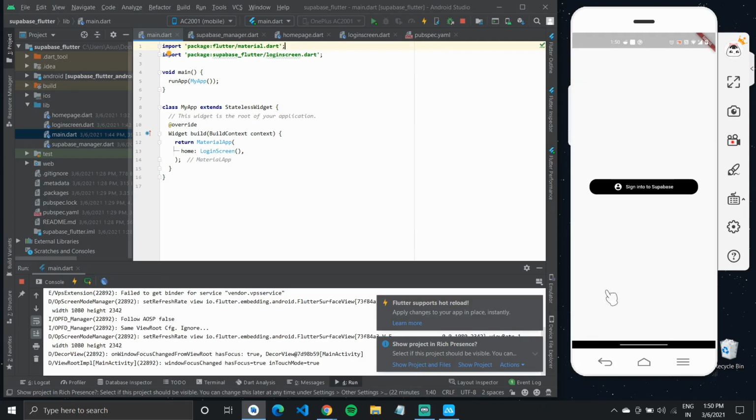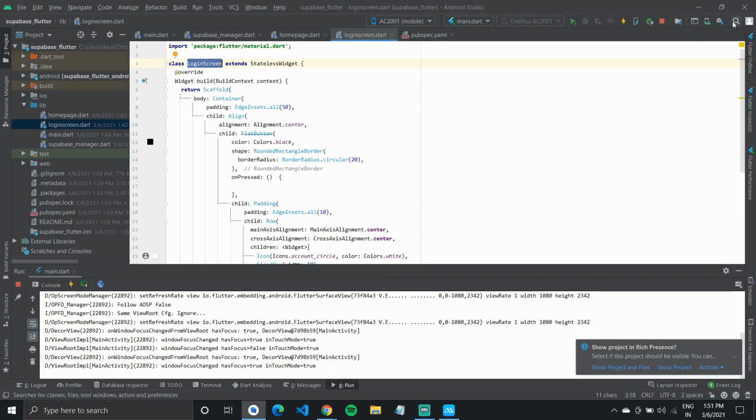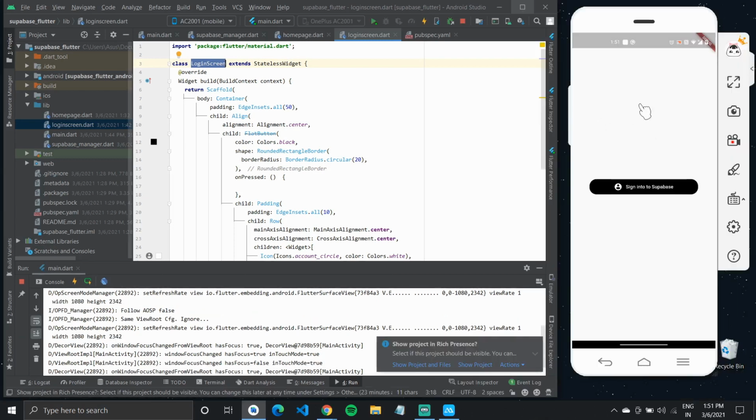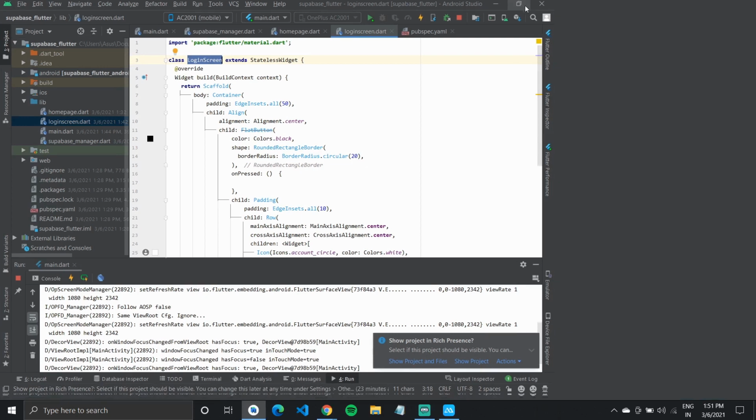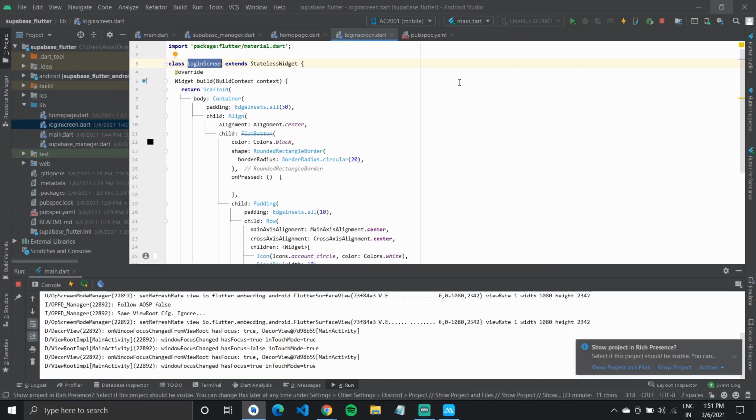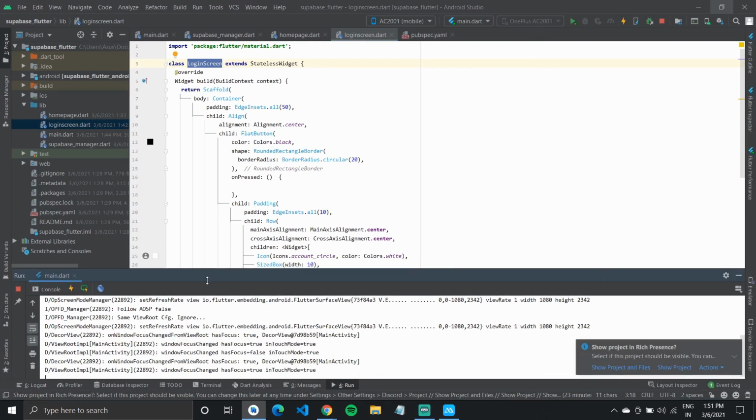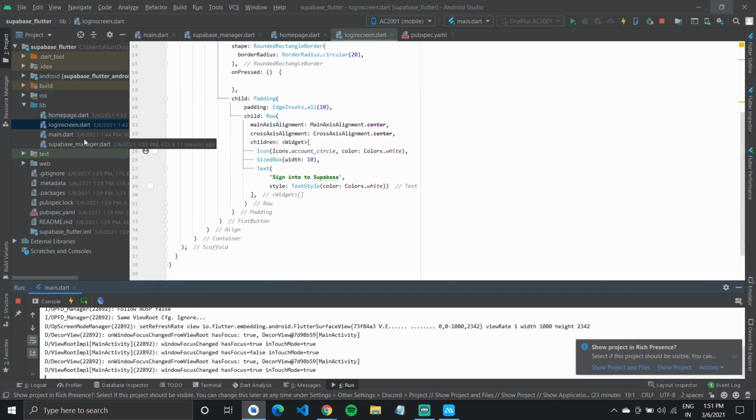Right now it looks like this, a simple button in the middle which says signed into Supabase. You can go ahead and add two text fields right here, like an email and password text field, that will take in the email and password from the user to sign in. But since this will be a quick tutorial, I won't go into that, just this simple button.